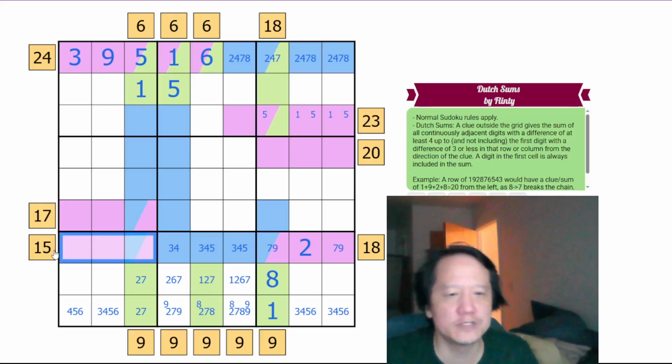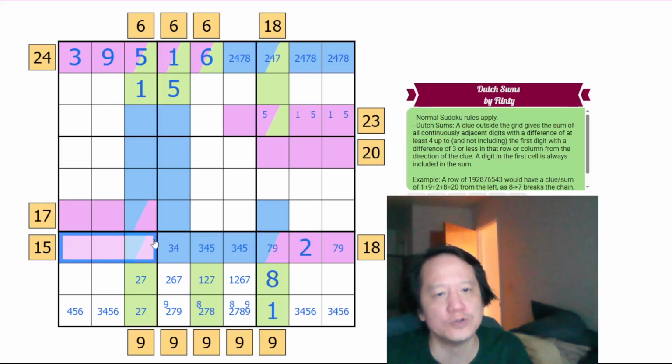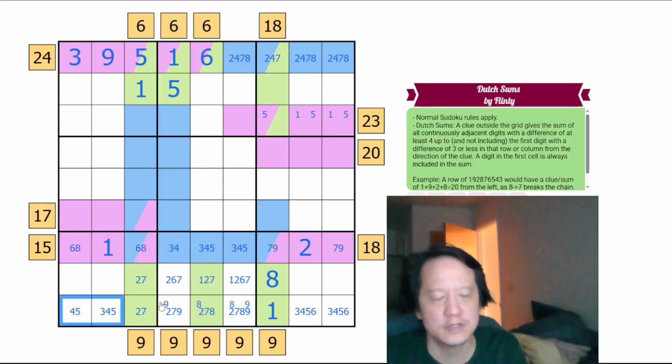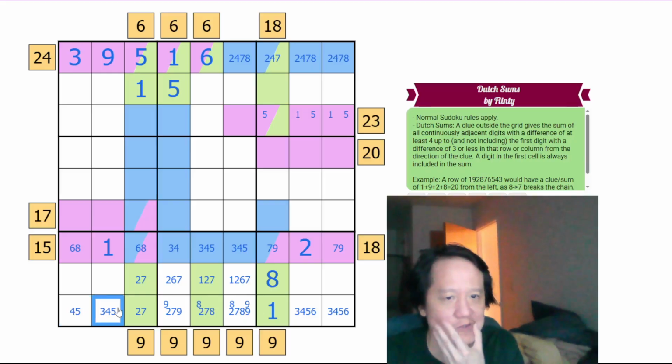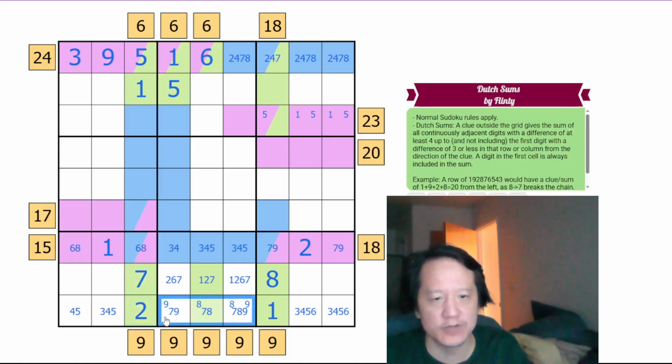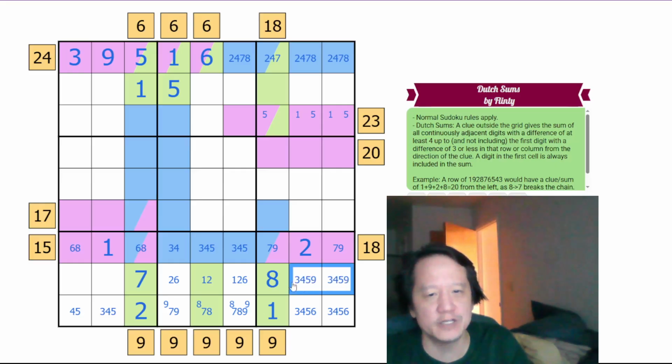This must be 1, 6, and 8, adding up to 15. So 1 is in between 6 and 8. That eliminates 6 and 8 in the rest of the box. So this can't be 6. 2 is 4 or more away from 6 and 8, so this can't be 2. This is 7, which makes that 2. So no 2 here. It's 7, 8, 9 as a triplet. So no 7 here. This is 1, 2, 6 as a triplet, which leaves the remaining digits as 3, 4,